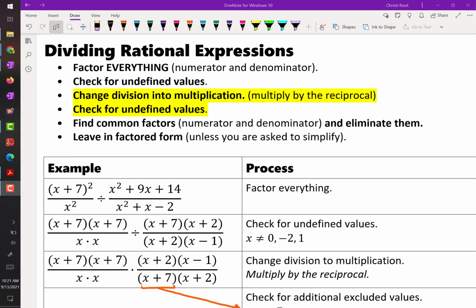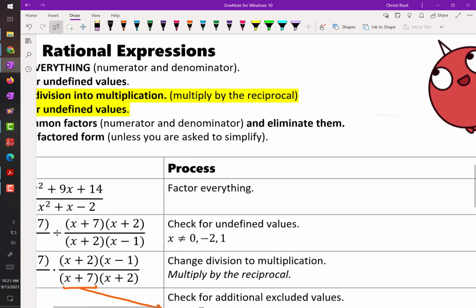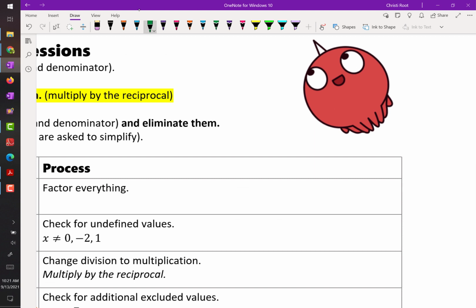Okay, so now we're going to tackle dividing rational expressions. So you're going to do everything exactly the same as you would do if you were going to multiply them, except for the two highlighted steps. So if you kind of remember back when you were in 5th grade or whenever you learned your fractions, let's